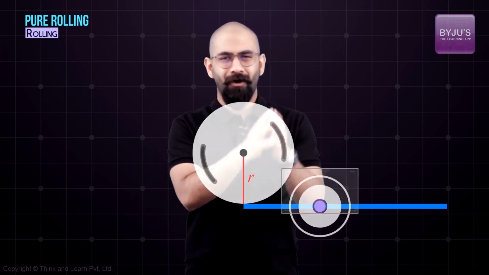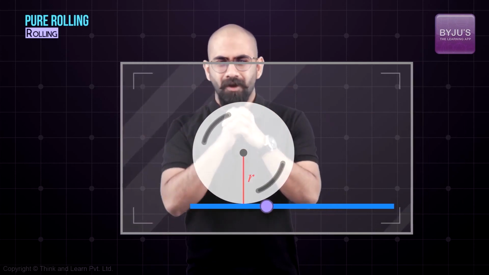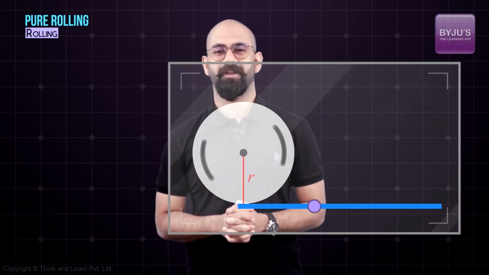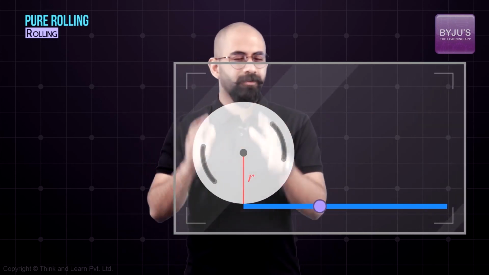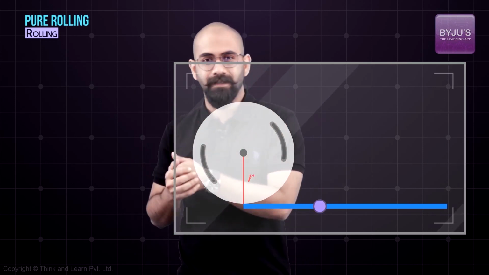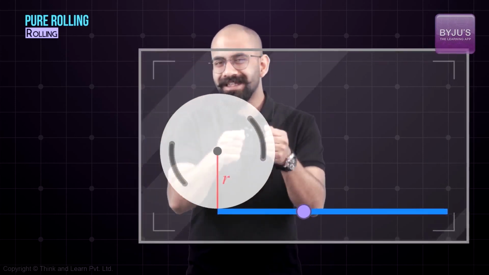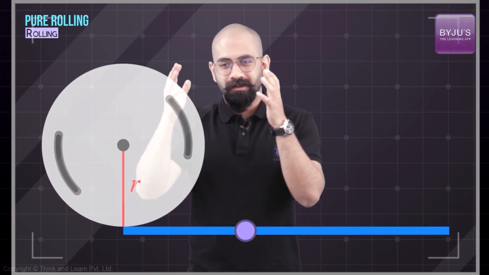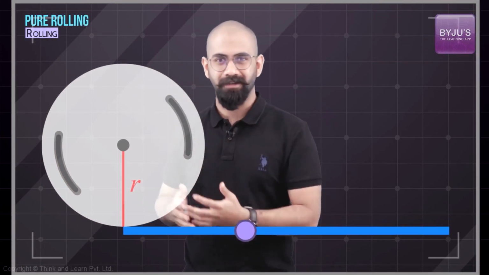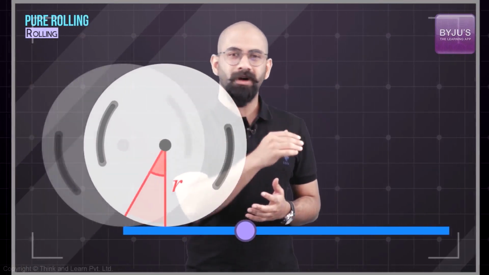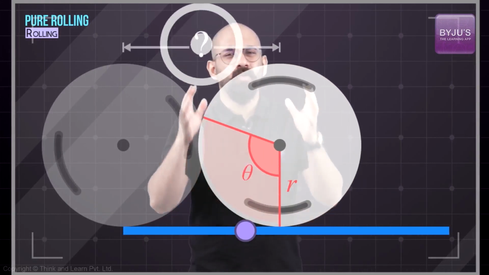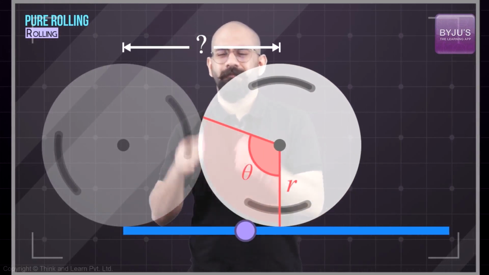Let's say that you're in a frame of reference that is at rest with respect to a point on the sheet of paper. What would you see then? So what would happen if I rotate the cylinder through an angle theta, but viewed it from this frame? Now, the cylinder, or the center of mass of the cylinder, will move toward the point, right? But through what distance? For that, let's go back to the cylinder frame.